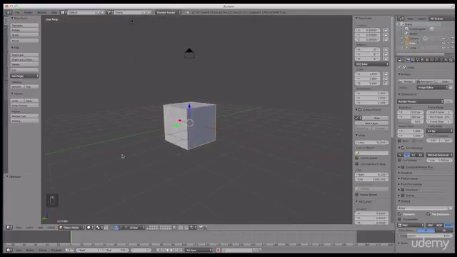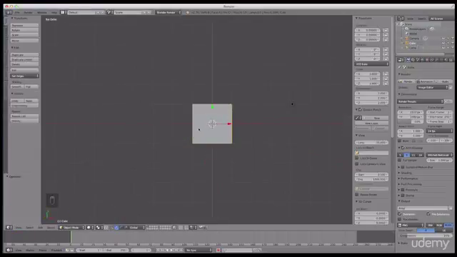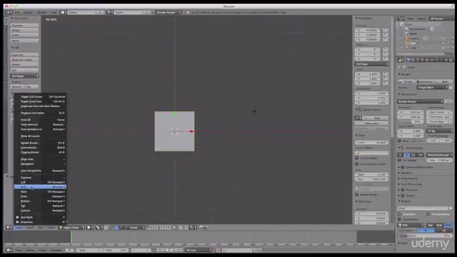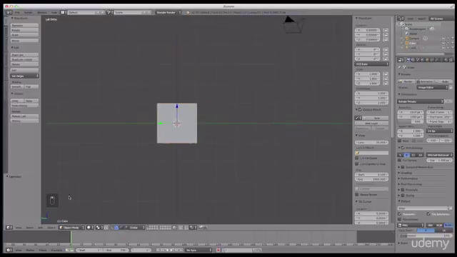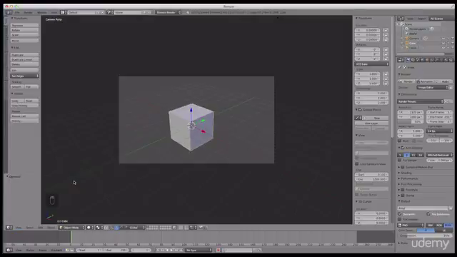But there's always more than one way to do things in Blender. You can also go down to this view menu in the 3D viewport. If you see these here, these are different views that are preset inside of Blender. If I go to the top view here, it's going to put me looking down on the object in the 3D viewport. You can also go to the side, left or right. Then you can go to the camera,